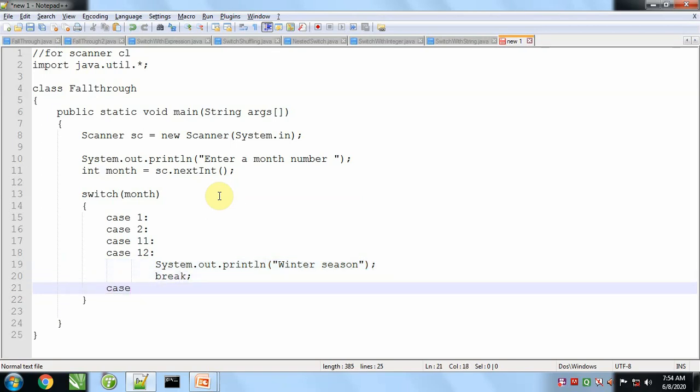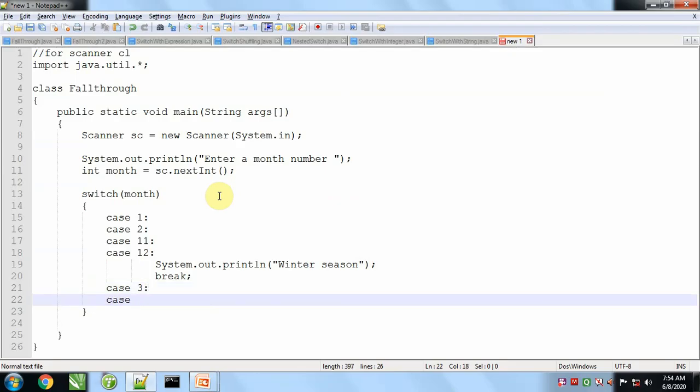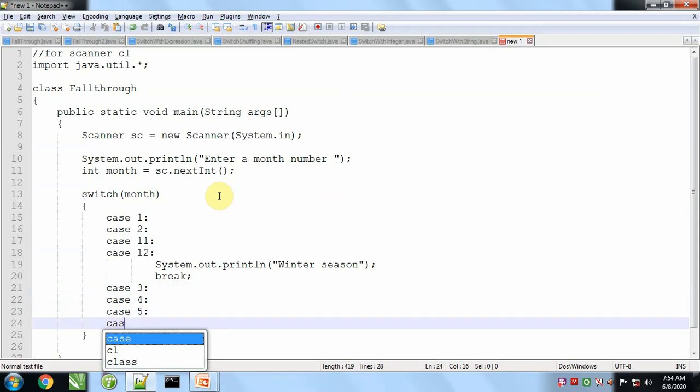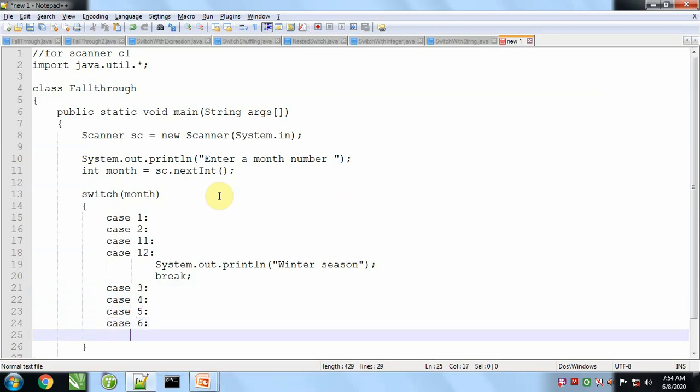In case of case 3, case 4, case 5 and case 6, it will be summer season.